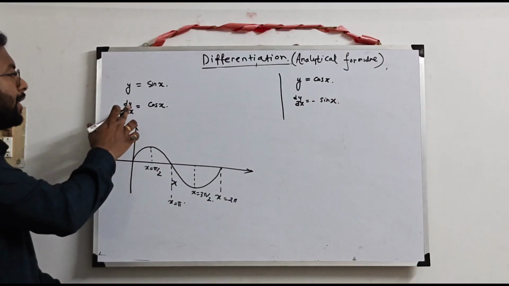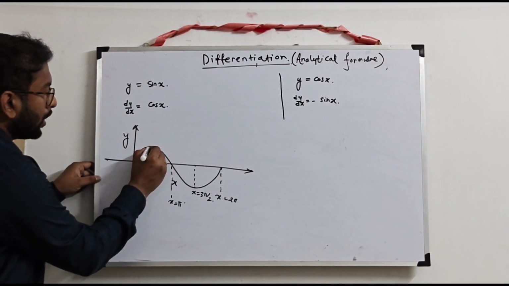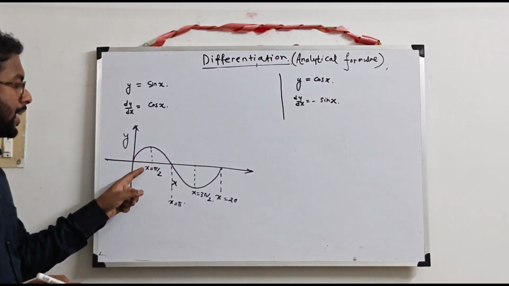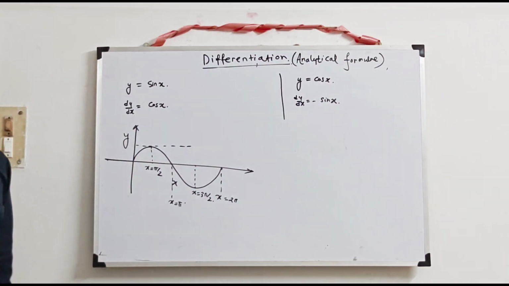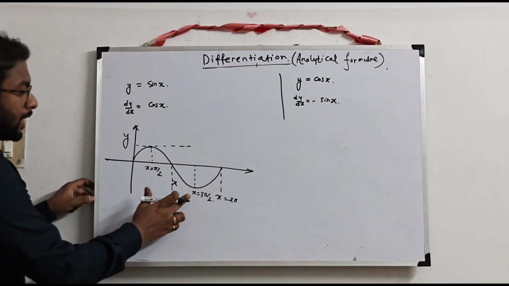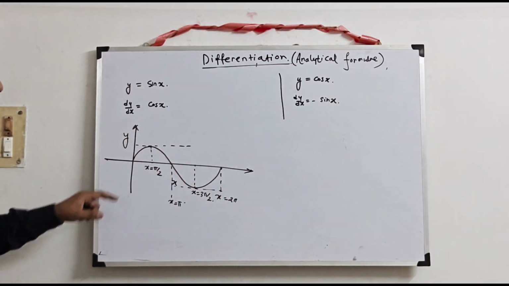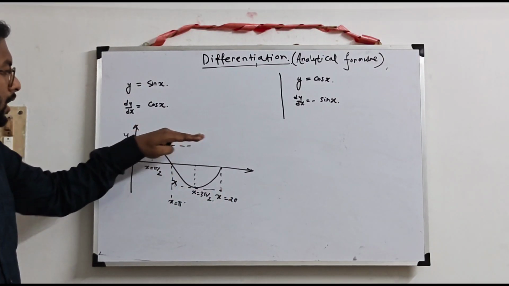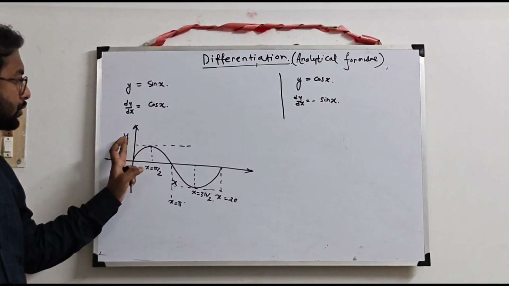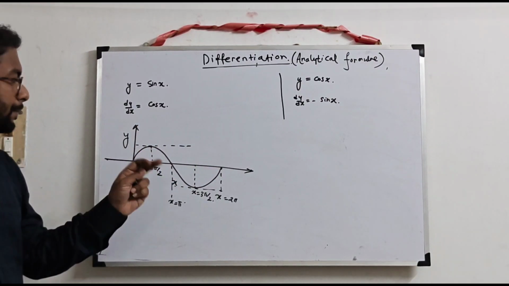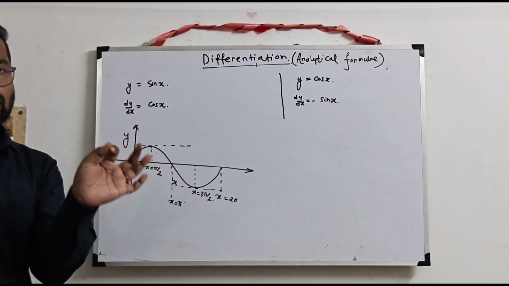Now see, dy/dx, the slope of the graph, is cos x. That means if I draw one tangent, let's say at x equal to pi by 2, I have to draw the tangent like this. Again, let's say I want to draw one tangent at x equal to 3 pi by 2. The tangent will look like this. So see, both of these tangents are making a 0-degree angle with the positive x-axis. That means at x equal to pi by 2, your slope should be 0. That means the angle made with the positive x-axis, theta, should be 0,